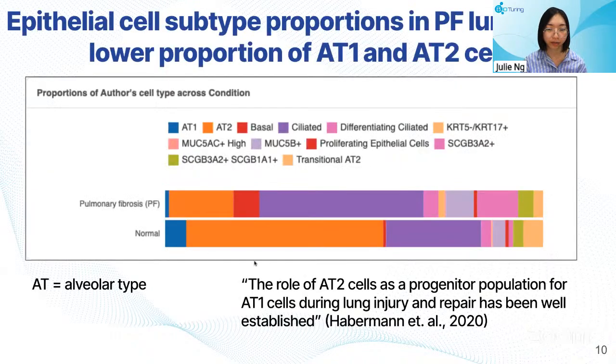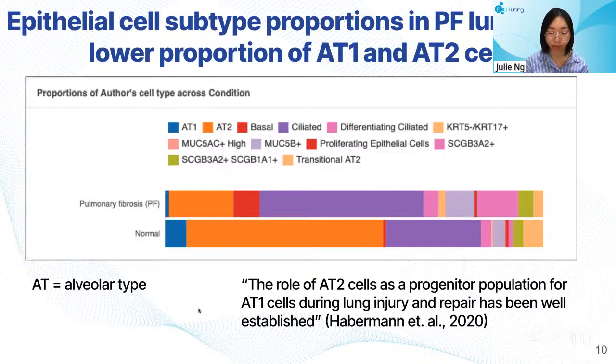So in this first figure here, I'm looking at the epithelial cell subtype proportions in pulmonary fibrosis lungs versus our normal. And if we look at these first two categories, you can see that the AT1 and AT2 cell subtypes are at a much lower proportion in pulmonary fibrosis compared to our normal condition. And the AT stands for alveolar type. So again, these are the cells within the alveoli that are performing the gas exchange between the blood and the lung